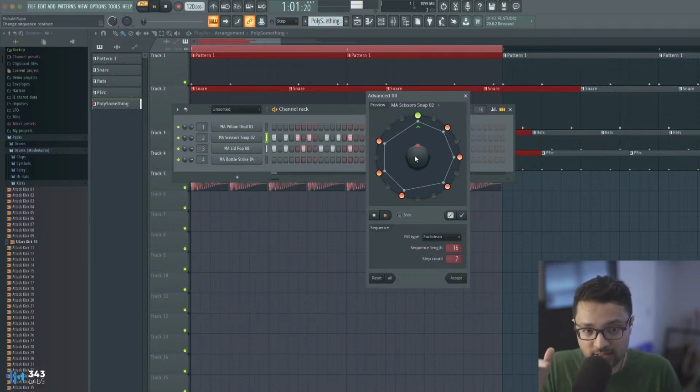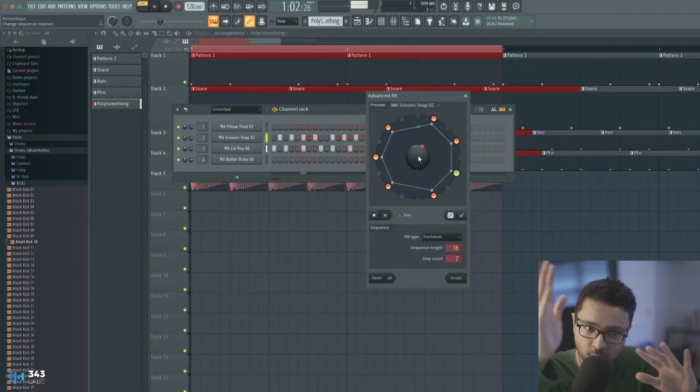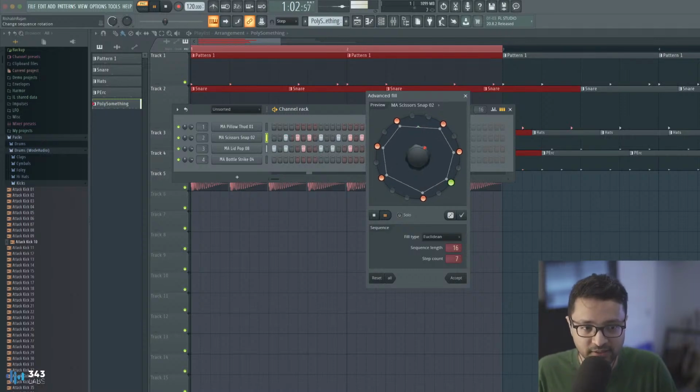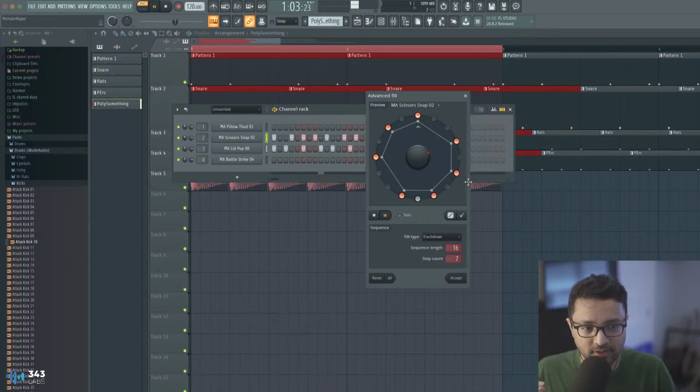And on top of all this stuff, you can also shift the entire sequence. Like if I twist it, it's basically saying, oh, I'm going to move that entire pattern like 1 step to the right, or move it further. And you can see the background, the whole pattern is kind of shifting. And so this is very cool. Let's do the other one,